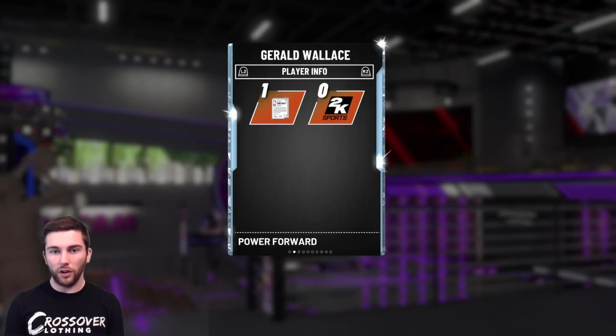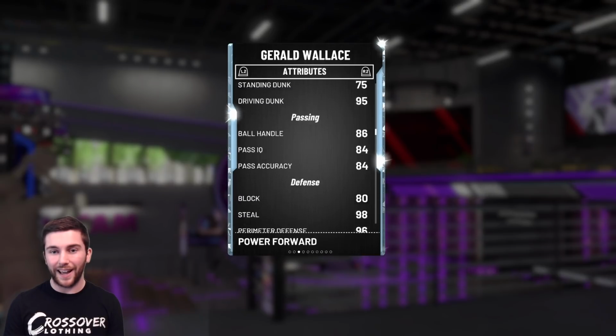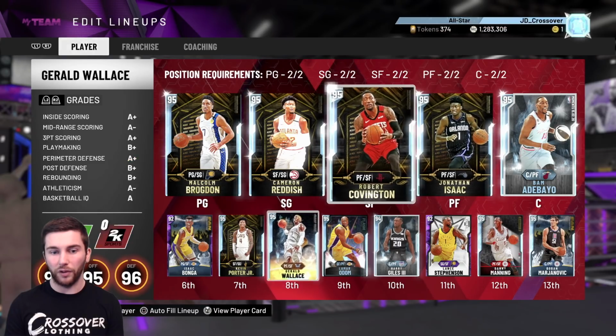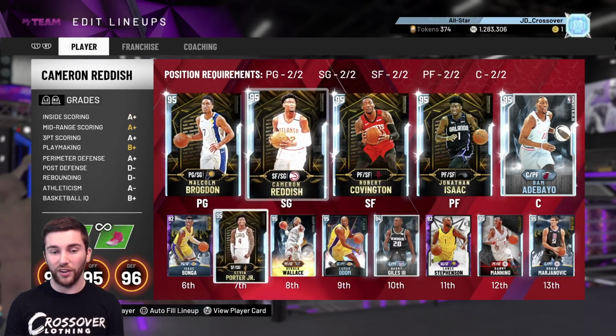The reason I brought Gerald Wallace in here is again because of his defensive stats. 96 perimeter D, ridiculous everywhere else, really nice speed and really, really nice driving. 95 driving dunk, he's got the 93 ball and the 94 3-pointer, 95 driving layup. So really solid. And then point guards, Malcolm Brogdon, Isaac Bonga, and then shooting guards are so solid, Cam Reddish